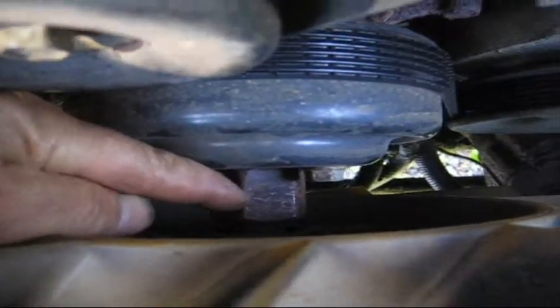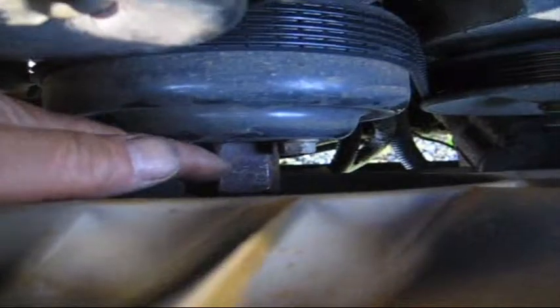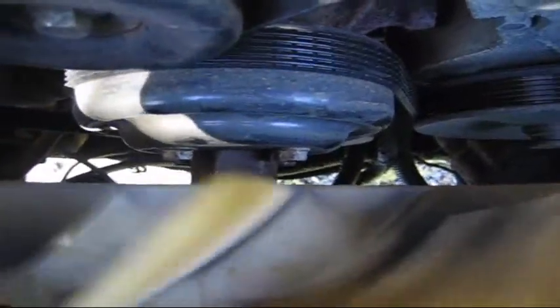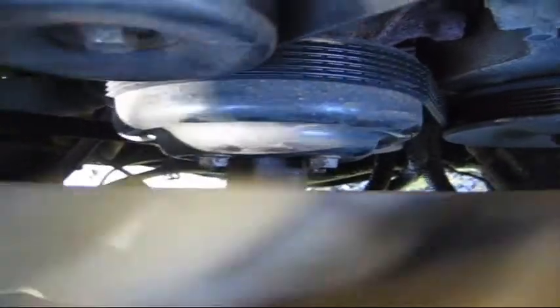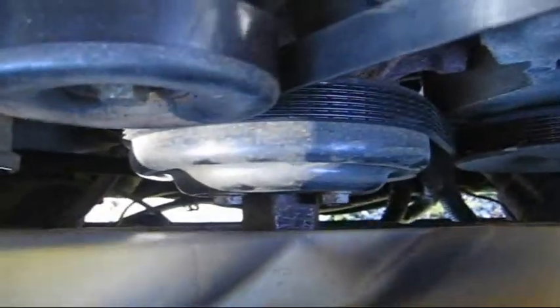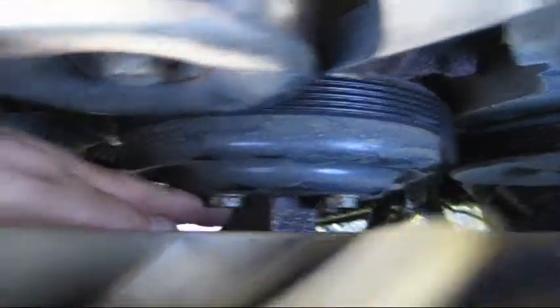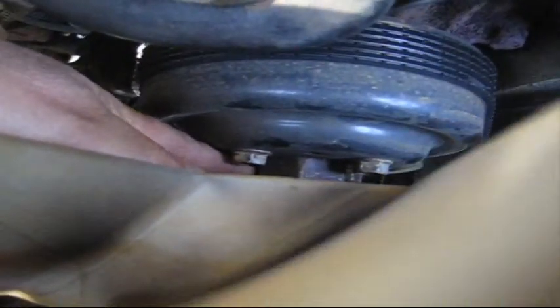We have to get this nut off. The fan is connected to the water pump with this nut. Now, you can't just hold the fan and try and turn the nut because it's on a clutch. That said, there's a couple different ways to do this. You could try to shim